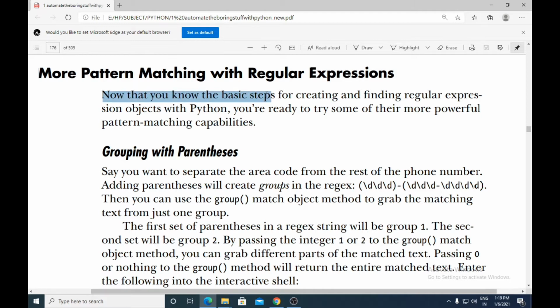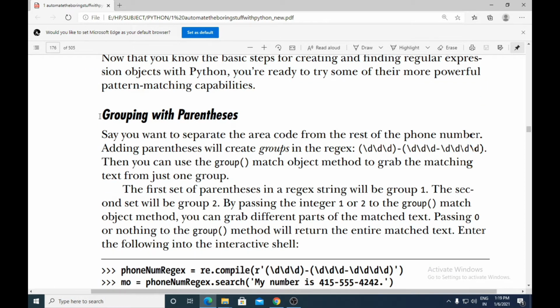Now that you know the basic steps for creating and finding regular expression objects with Python, you are ready to try some of their more powerful pattern matching capabilities. Let us see the first one: grouping with parentheses.